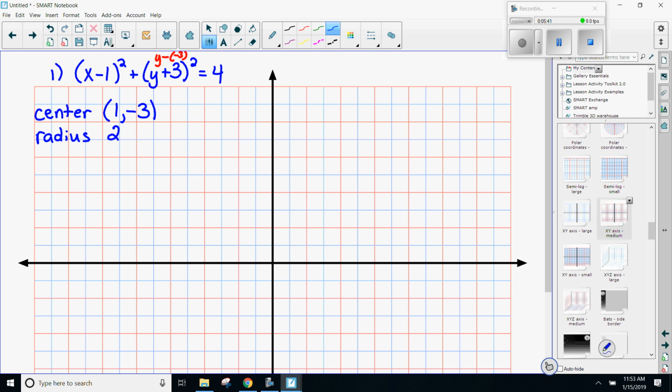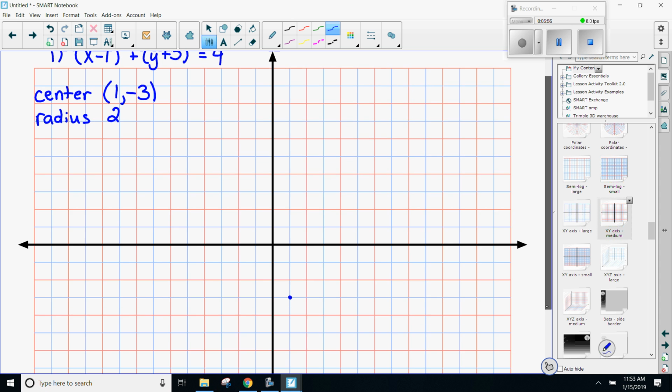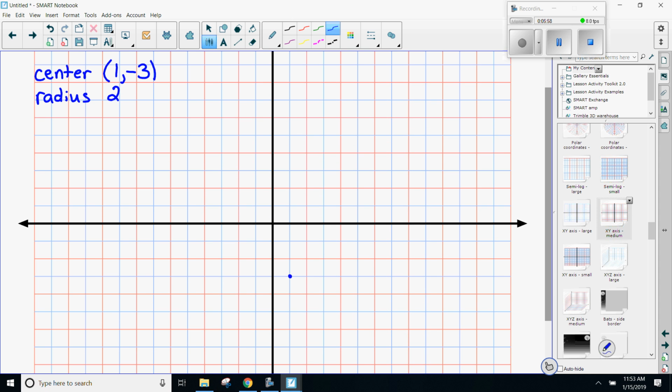Okay, the next thing they ask you to do is graph that. So the first thing you want to do is find the center of your circle. So I go to 1, -3. There's the center of my circle. What's the radius? 2. The easiest thing to do is to take that center, go up 2, to the right 2, go down 2, go to the left 2, and then try to draw a nice